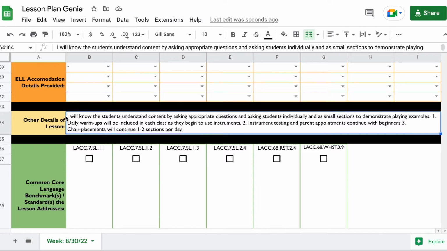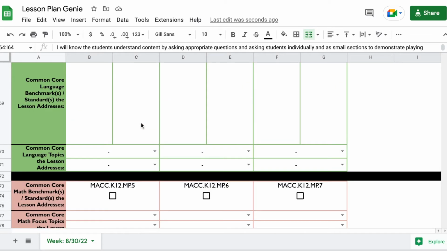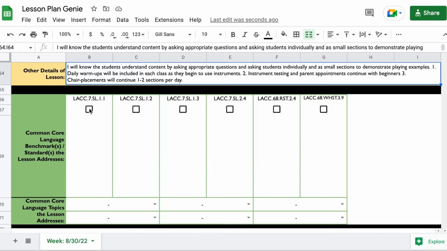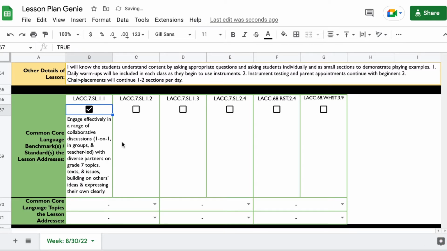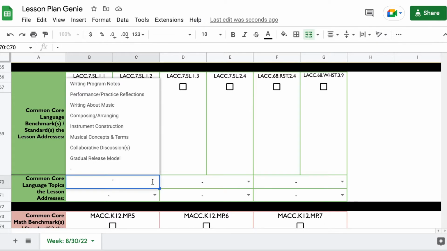I have just a blanket statement here for other details of our lesson. There was a point where our school was asking us to include language and math common core concepts within our elective classes, similar to the above at the very top of our lessons. If I click one of those, these are ones that I have chosen that can have things that have to do with my band classes. I have listed things here within 6 through 8 for middle school for the different Common Core benchmarks, and then the topics to go along with it that would have to do with those language things that are actually music